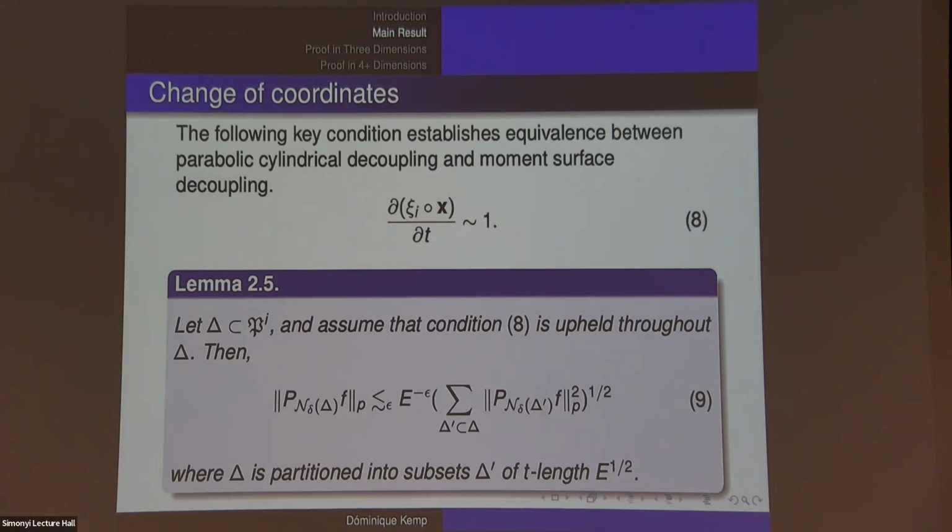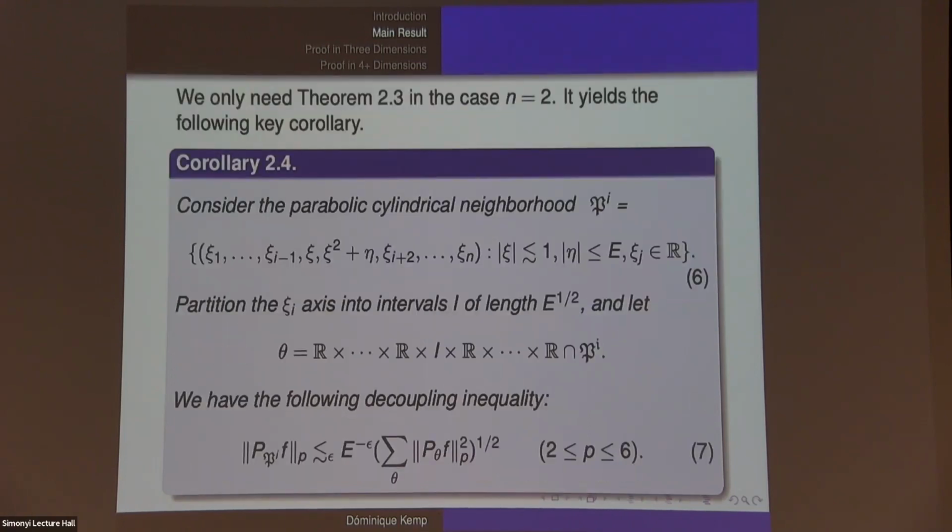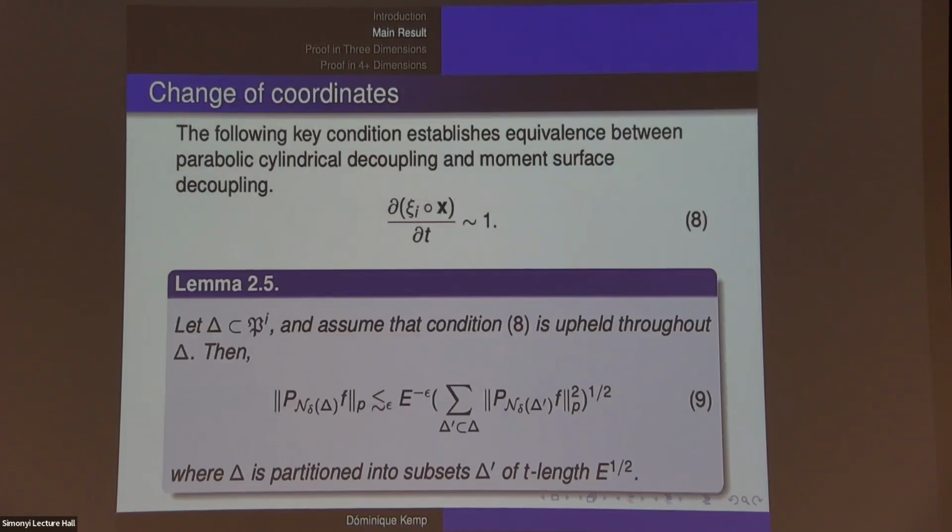Ci composed with our parameterization X. And we want that derivative to be essentially 1, bounded from below. And when that holds, our previous corollary 2.4, seen here, provides a lemma here, where it's the same L2 decoupling inequality as before, but now we are thinking in terms of a cap, or